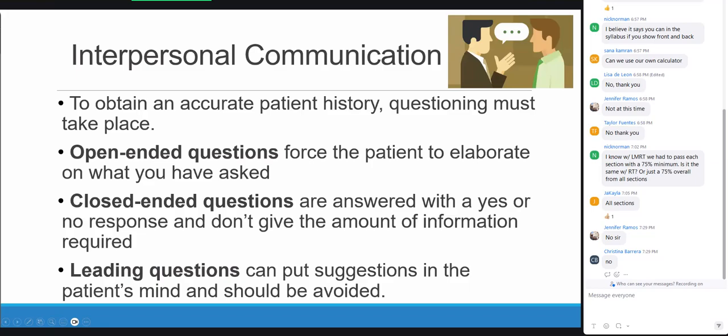You need to ask your patient open-ended questions. This is going to force them to elaborate, avoiding that closed yes or no type of thing. Now, granted, there are some things that you just need a yes or no answer for. We're not saying don't use closed-ended questions all the time, but just know that for some things, a yes no response does not give enough information. Avoid using leading questions. Don't try to suggest anything or information